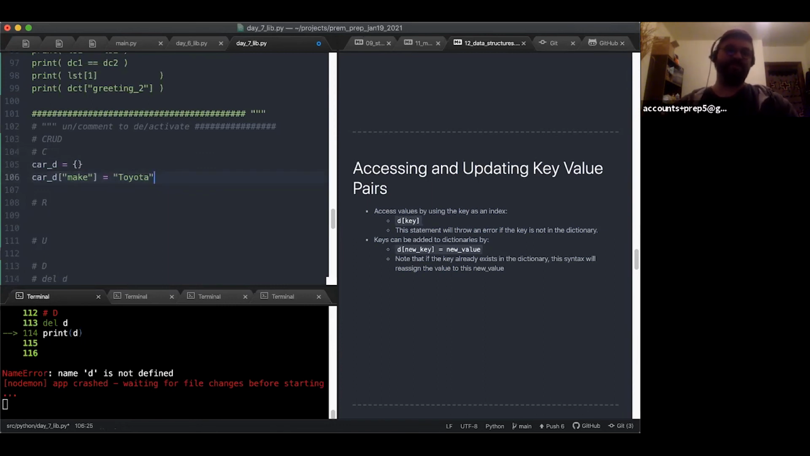So car D, if I want to have this car to have a make, I'll say car sub make equals Toyota. So I use the same nomenclature for dictionaries as I do with lists, where you have list sub i, or list sub 0 equals whatever the element is. But here, car D sub make equals Toyota. So if I print this out, print D,